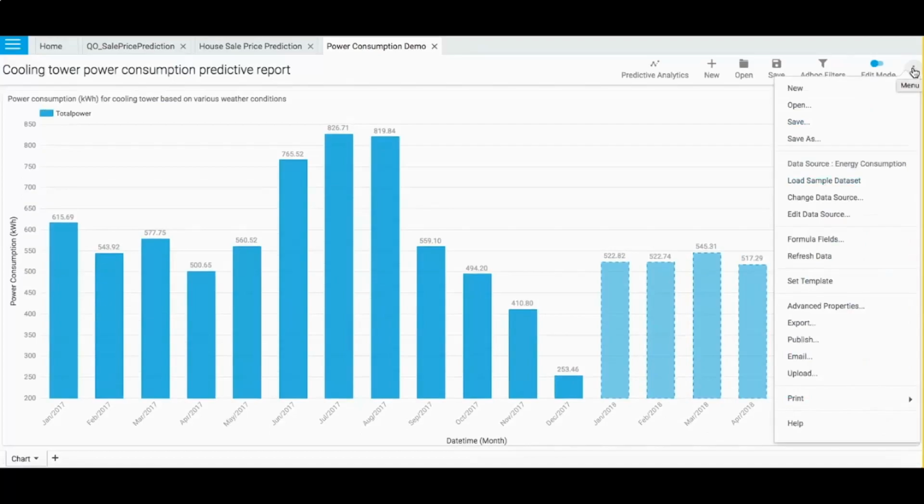I could schedule this whole thing and get the report generated in my email, or I could publish this to a set of users, or, for a quick demo here, I can just export this into a PDF file.